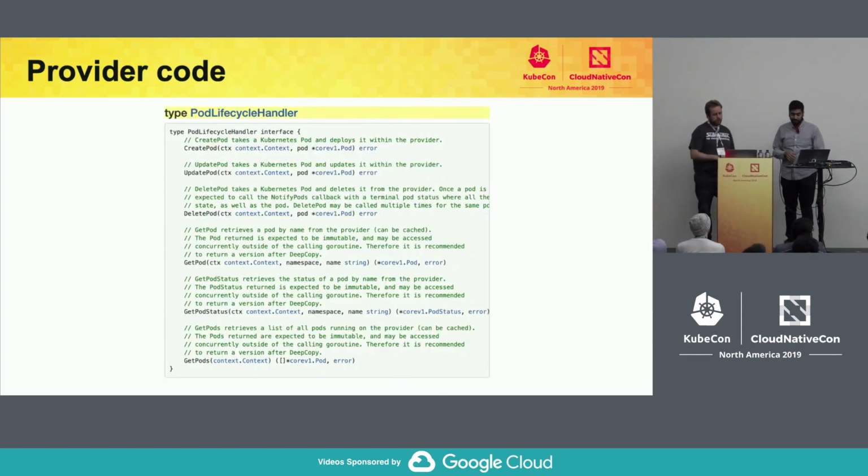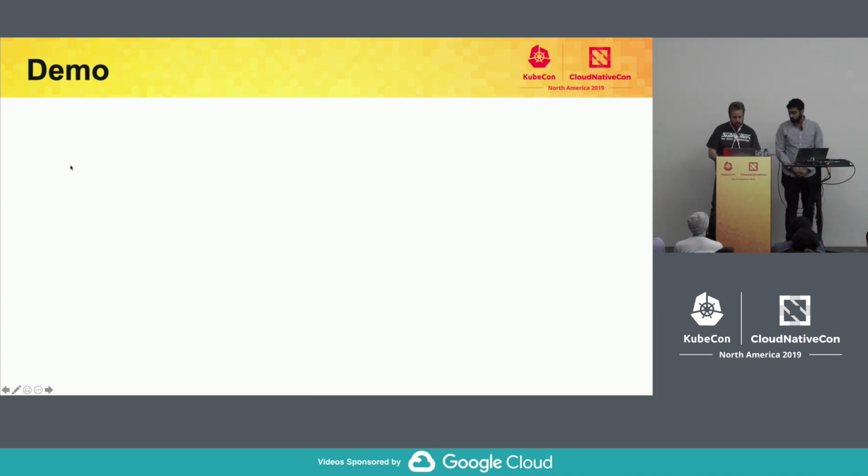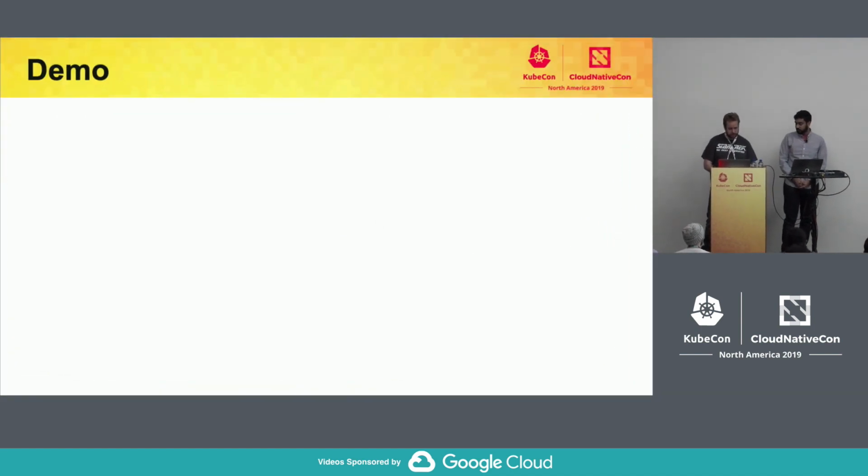Sure. So first I'll go over the provider interface here. These are just basic create, delete things. So when Virtual-kubelet sees that a pod is created or deleted, we just go ahead and call this. We'll do some extra things like fill in some downward API things. But for the most part, we're just determining, is this an update or is this a create, and figuring out how to distribute that out. And with that, I will go ahead and demo Basura to you, which is the name of the demo, which is Spanish for trash. So literally,